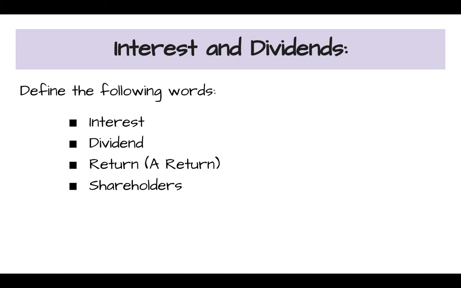A dividend is earned when you have a share or you are a shareholder in a company. So you may have bought 10 shares and they may have been $10 each. And at the end of the financial year, when that company works out how much money they've made, some of that profit will be given back to you in the form of what is known as a dividend. Now, you don't always receive that money because they may not make money. In the same breath, you may receive money, but it may not be the same amount that you received the year before because they didn't make as much.